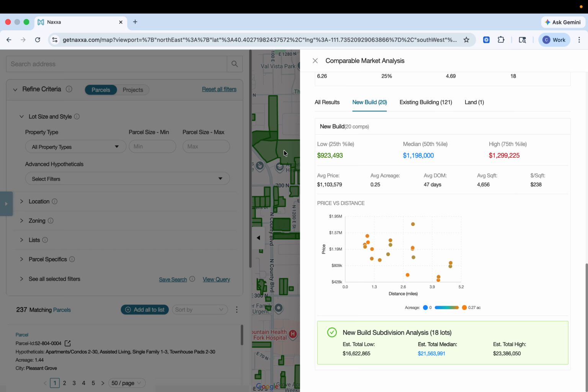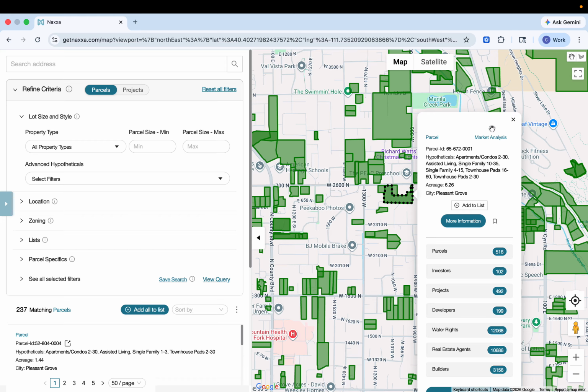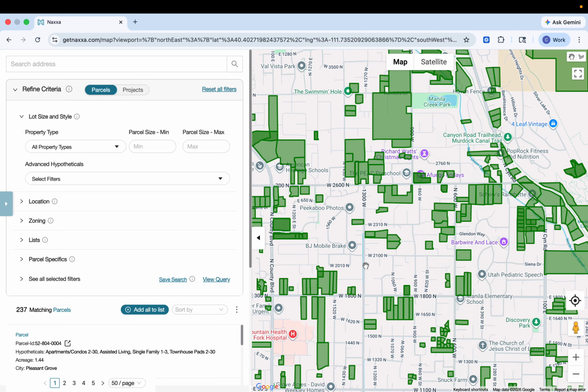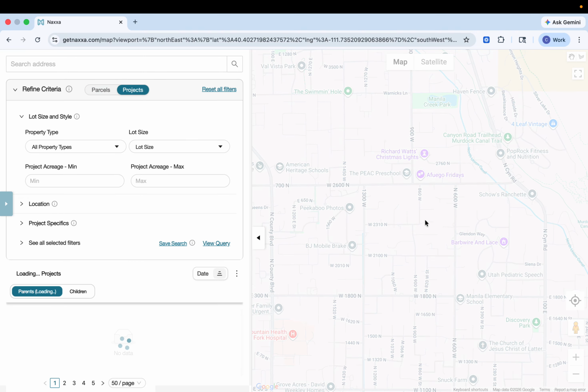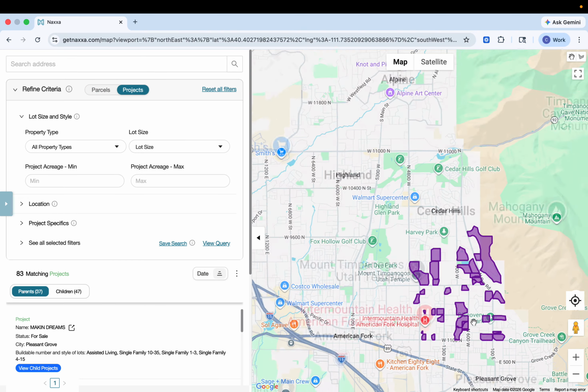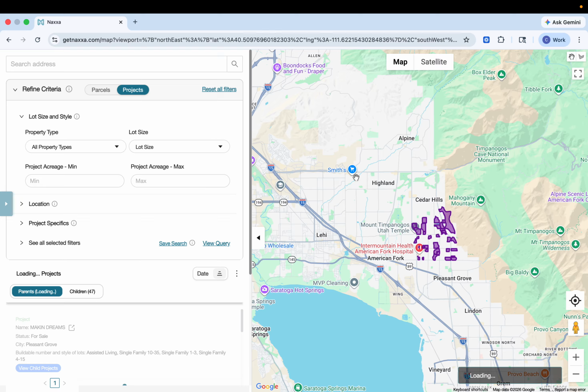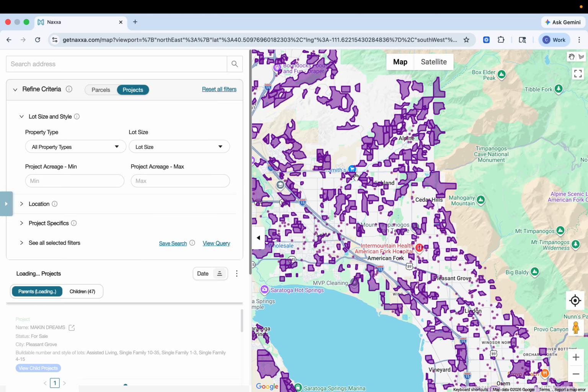And that's the goal with this initial qualification and market analysis, is just, do I want to spend more time pursuing this piece of ground, or is there something that can kill it quickly, whether that's in the qualification sheet or on the market analysis side. Maybe the landowner is just completely unrealistic and it's not even worth pursuing. So that's the parcel side. Projects is basically what we are monitoring: all projects coming up through city minutes,